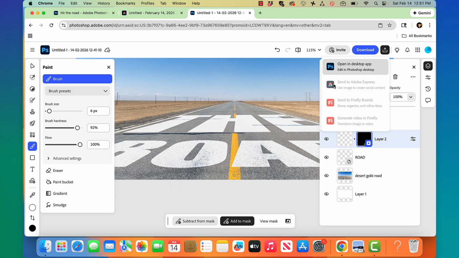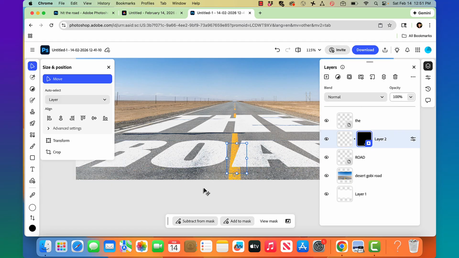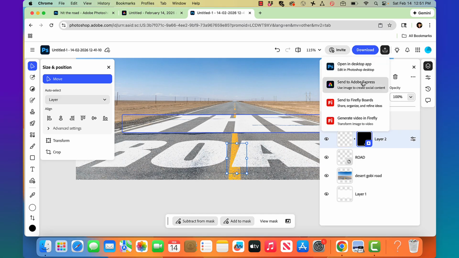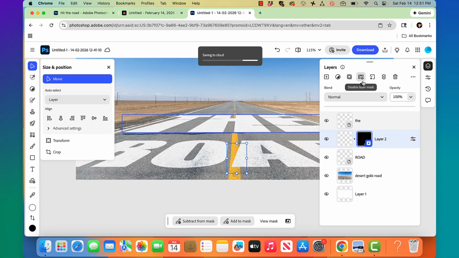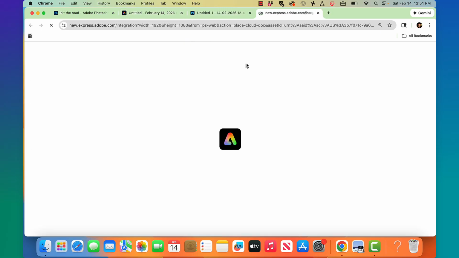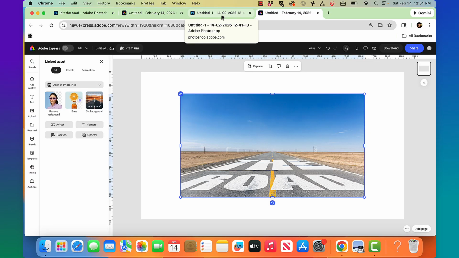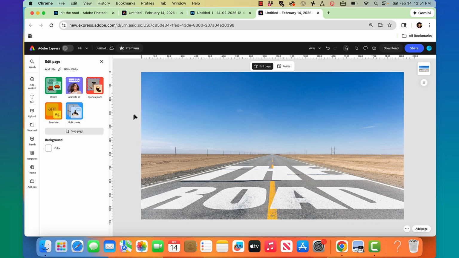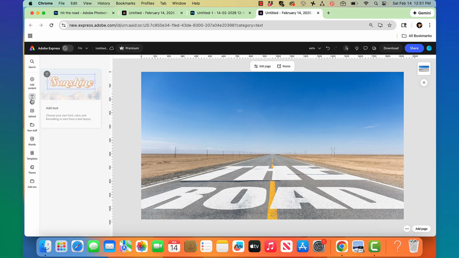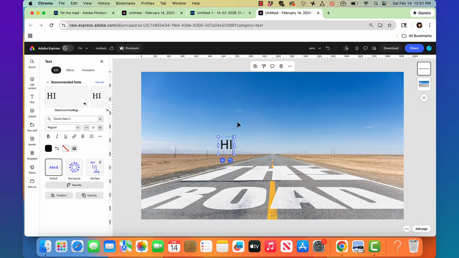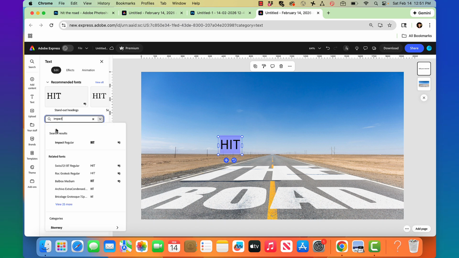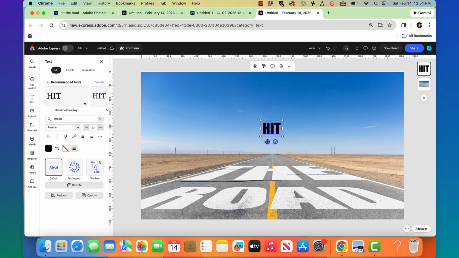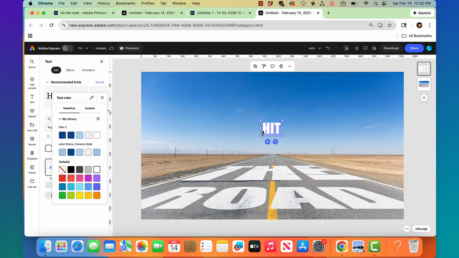So I am going to go to the Move tool, click on the background, and then I want to send it to Adobe Express. Send it to Adobe Express. Option drag a corner out. And type tool, add your text, HIT, double click, and change to Impact font, reposition, change the color to white, make it really big,